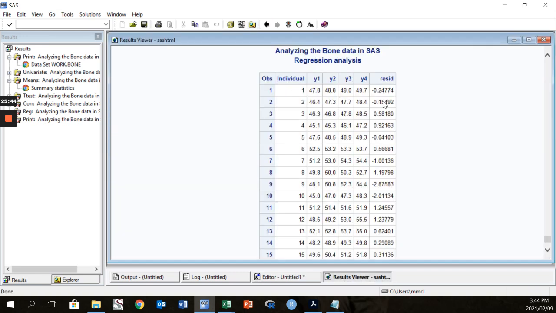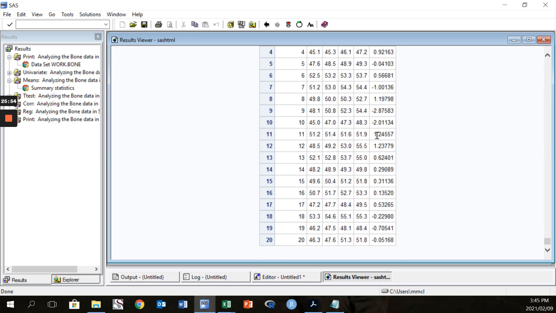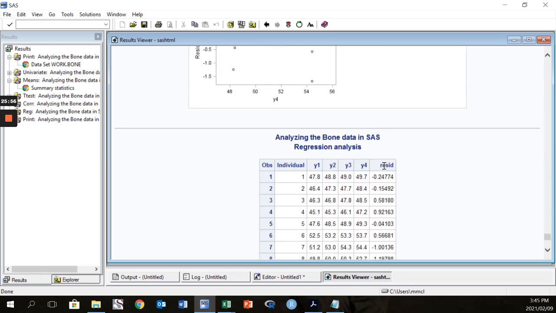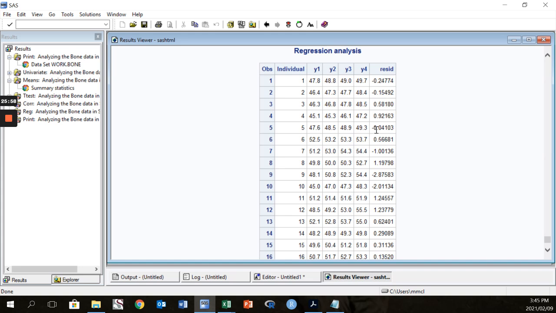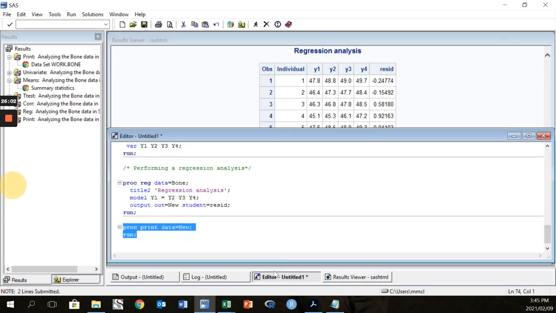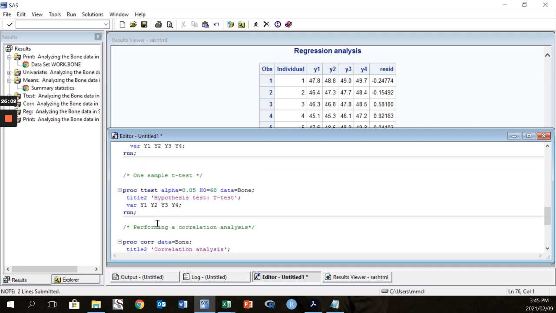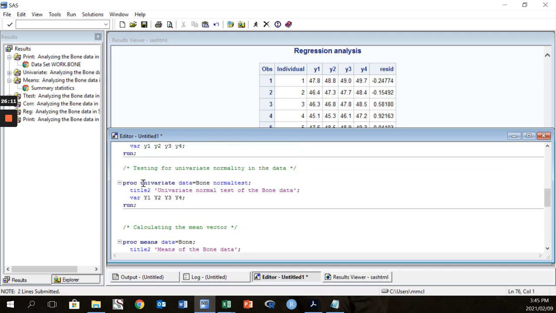Okay, so that's what's happening. The residuals were added, and it also shows you the data that we started with. Residuals was the variable, or the column, that was added, and this we can use for other purposes as well. We can now refer to the new data and do something like what we had over here,